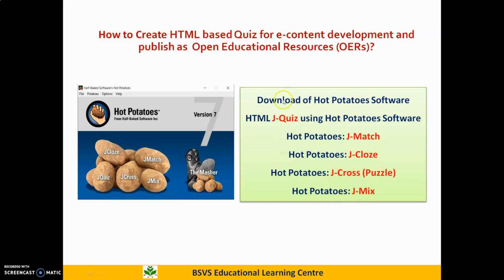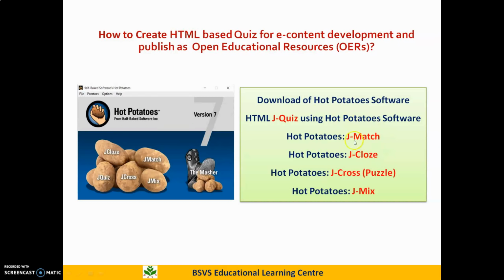JQuiz has 4 different versions available. You can create a multiple choice question, then hybrid questions, short answer type question and true false type question. JMatch is for matching the pairs. If you want to match pairs, then this platform is useful.